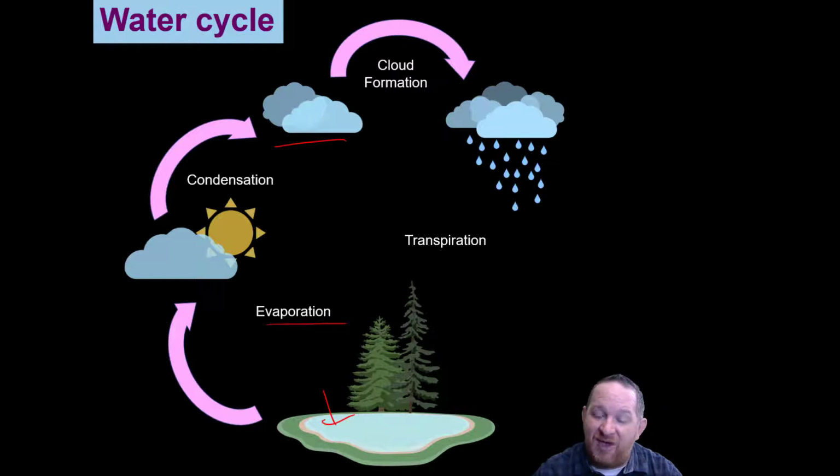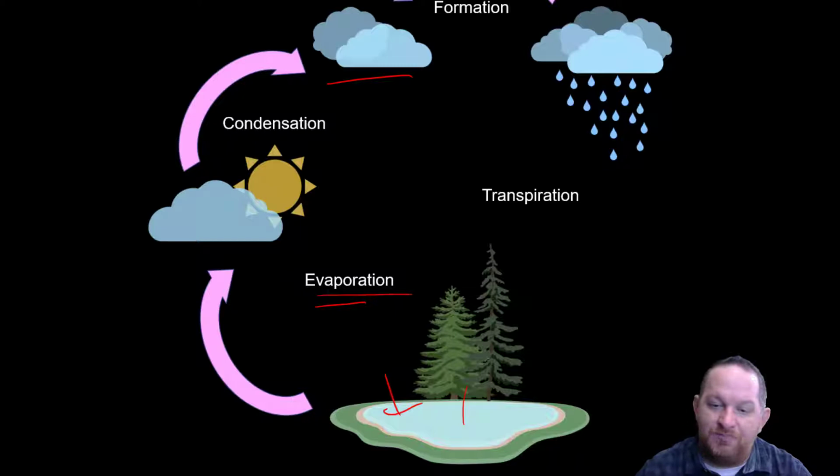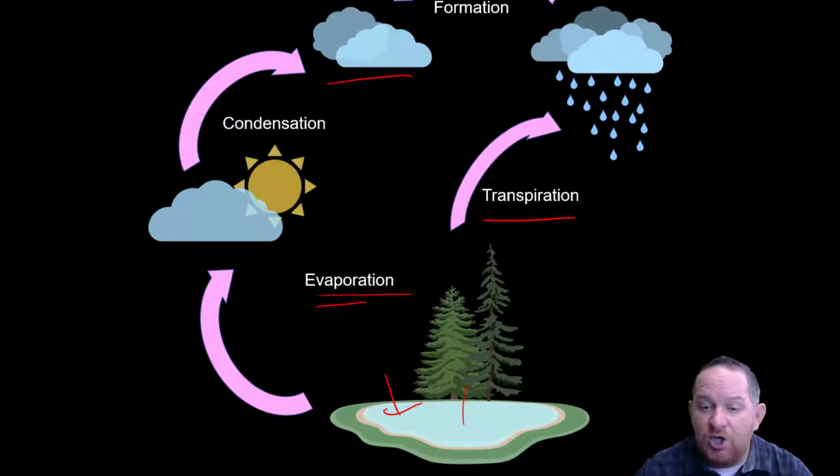Another side effect is that while some water evaporates directly from a pond or a lake, some water actually transpires through the trees. Do you remember back a few videos ago, we talked about transpiration. Transpiration is when you have a plant, like a tree, for example, that takes water from under the ground, brings it up through its xylem, and evaporates that water vapor out of the stomata into the atmosphere. So it can evaporate directly and condense into clouds. It can also transpire and go into the clouds as well.